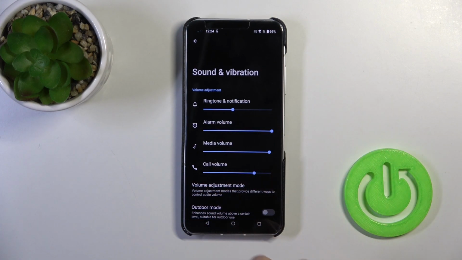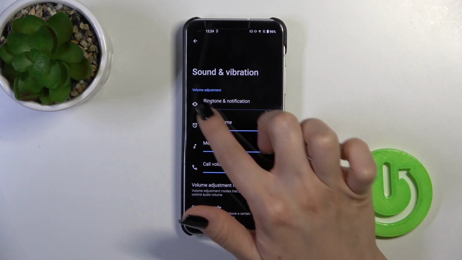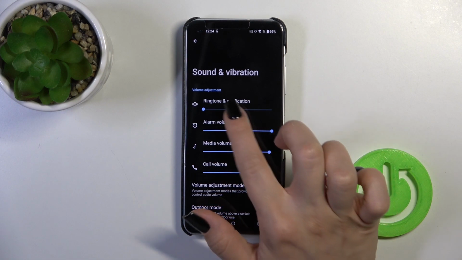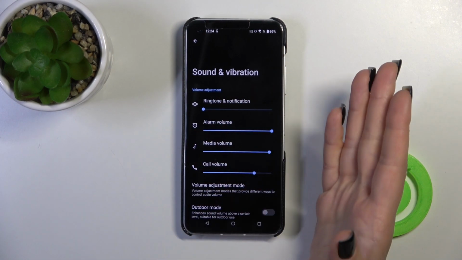Here you'll see the ring and notification volume panel. To mute notifications, we should mute this volume panel by sliding this dot to the left side. But this way you'll mute not only notifications but also the ringtones, and if you want to stay with